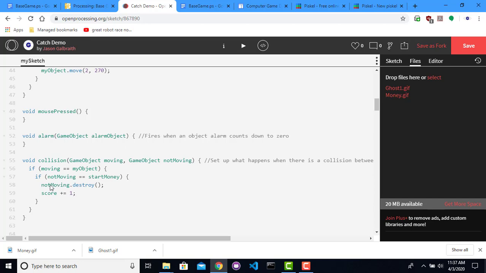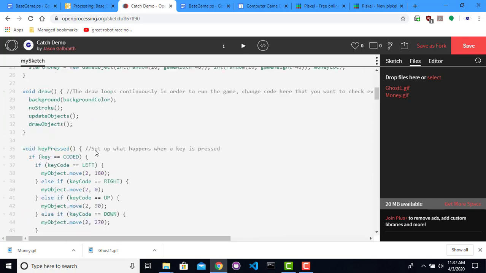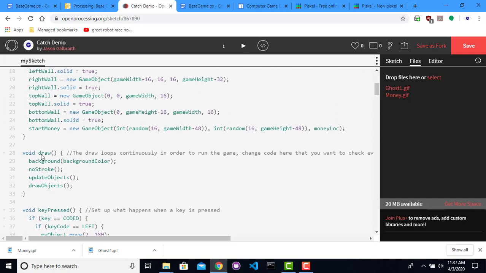Now, I can't see the score as part of my problem though, so it would be nice if I could actually draw my score onto the screen. So if I ever want to do anything where I'm drawing directly on the screen, that's going to happen in this draw event. This draw event is basically my loop that's constantly running, so anything that needs to be drawn gets drawn in here. So let's go into here, and after I've drawn all my objects, I'll draw my score